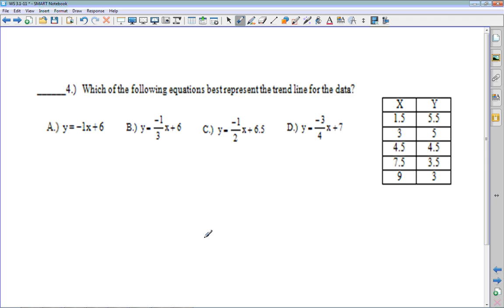Next, here's the next one. It says, which of the following best represents the trend line for the data? Well, you can do one of a couple things. You can go through and do delta y over delta x and find your equation. Or,